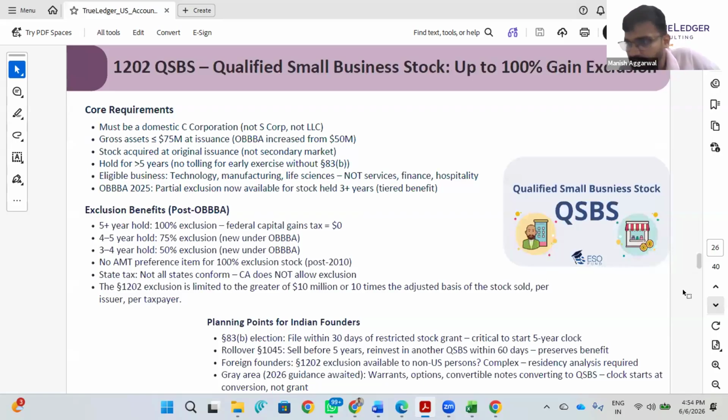Now, this is a very important area, tax incentives and credits, especially in this age of technology and startups coming up. There are a lot of incentives provided at the federal level and at the state level. One which is very popular and recently made very attractive by the One Big Beautiful Bill of the US is the